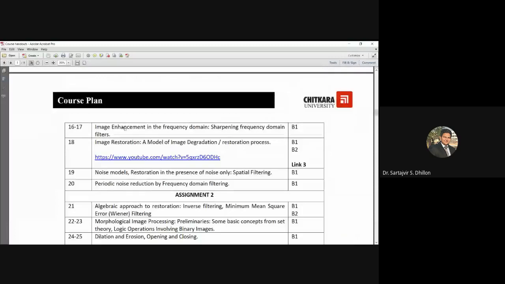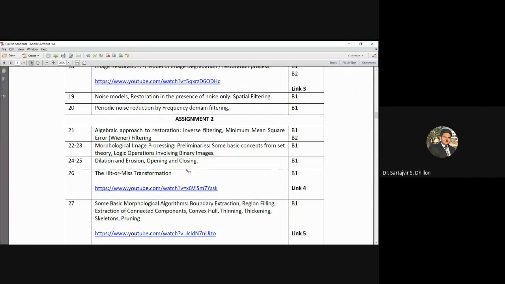And please note that till today we have covered up to this point. We have covered only dilation and erosion, and some basic concepts related to morphological image processing that we already covered in the first or second chapter.